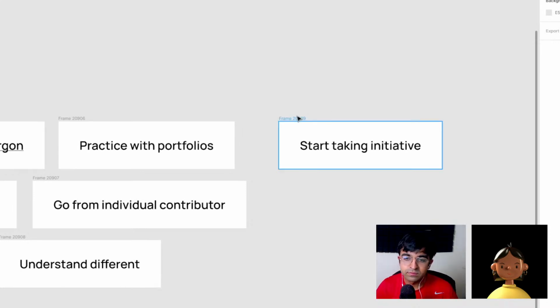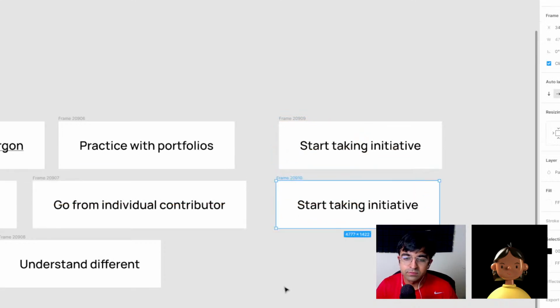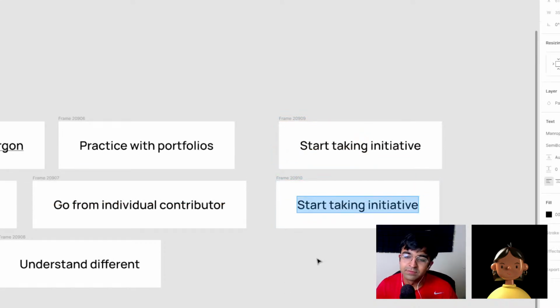So show that yes, you are passionate about helping others. Work very closely with the junior designers in your team. If you are a senior designer, you must help your junior designers in your team, right? That's the first step. So then you can become design lead in your organization, and then slowly you can become creative director, UX